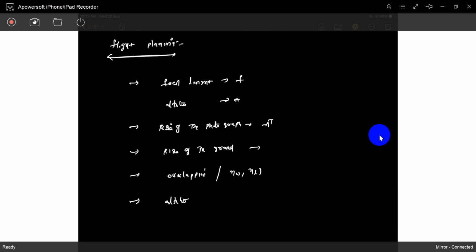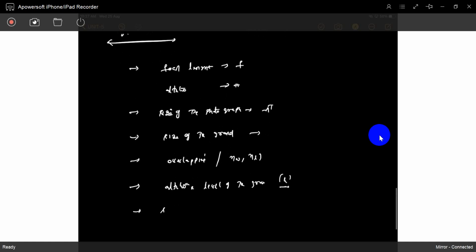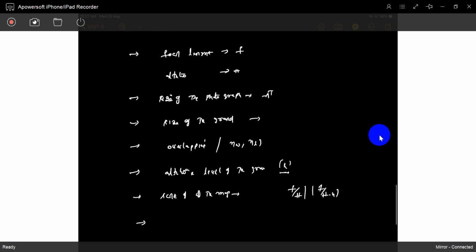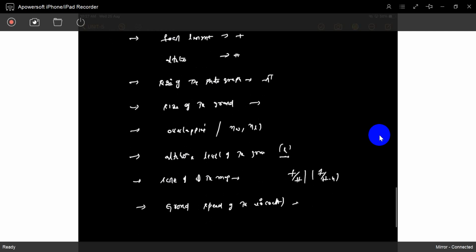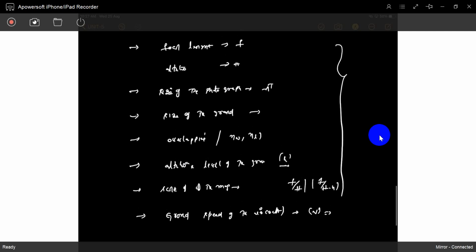The altitude level I already wrote, right? So it's the altitude level of the ground, small h. Okay, the scale of the map, so f by H or f by H minus h. Okay, so finally, the ground speed of the aircraft. What is the speed of the aircraft? Velocity. So if you know these details pre-planned,